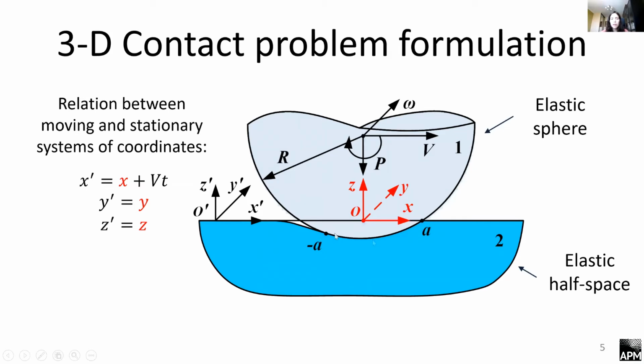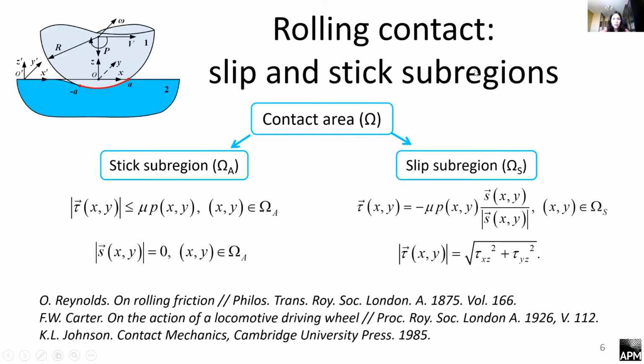And here I have a schematic picture of the contact area. On the next slides, there are conditions for subregions in the contact area. We know that in rolling contact, the contact area divides into stick and slip subregions. And we don't know at the beginning the boundaries of these subregions. In the stick subregion, there is this relation for shear and normal stresses, where mu is the friction coefficient. And also in this subregion, the slip between points in contact of the sphere and the half space is equal to 0. In the slip subregion, the shear stress and normal stress